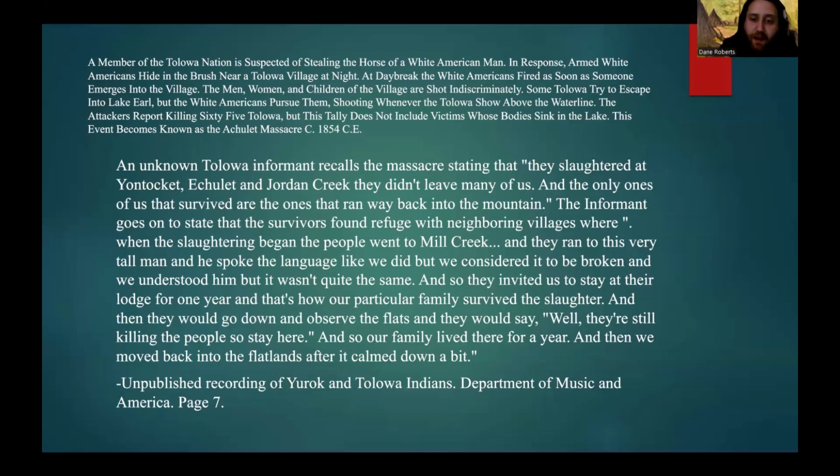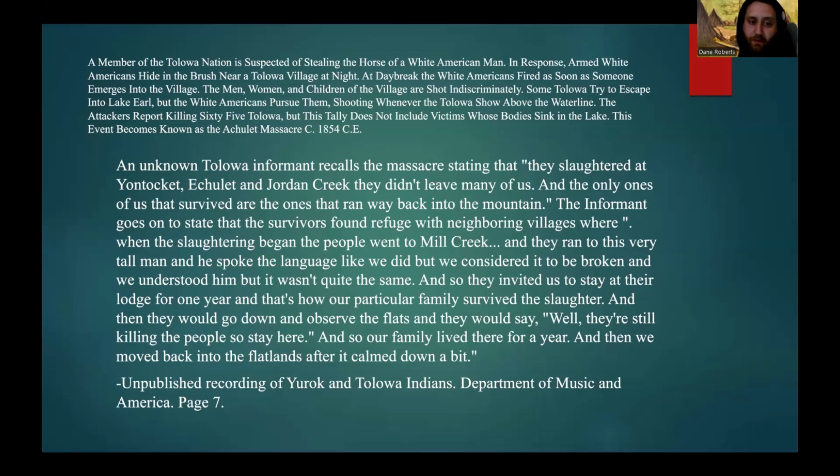And this event is recounted in a variety of sources, such as a source by an unknown Tolowa informant who recalled the massacre, stating that, quote, they slaughtered at Yonket, Eshulet, and Jordan Creek. They didn't leave many of us, and the only ones of us that survived are the ones that ran back into the mountain. The informant then went on to state that the survivors found refuge with neighboring villages where, quote,